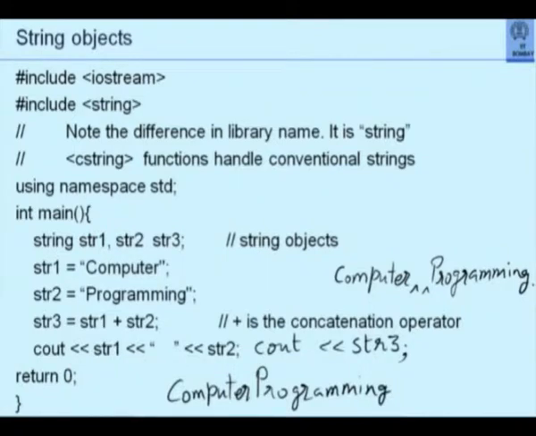Just as you have functions in the classical C string library to compare strings, to concatenate strings, etc., there are some functions in the string library as well. However, C++ still depends largely on the classical method of representing strings. So it provides a special function called c_str.